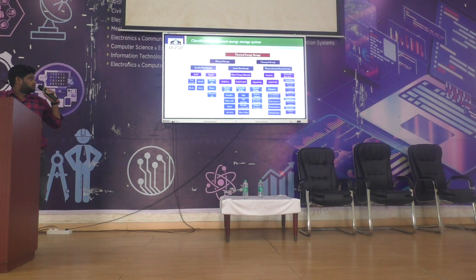And coming to the solid to liquid phase, it is classified into organic phase change material, inorganic phase change material, and eutectic phase change material. So what do we mean by organic phase change material? Organic phase change material consists of carbon and hydrogen structures, and inorganic phase change material doesn't have that carbon structure. Okay. And coming to the last one, the eutectic combination.